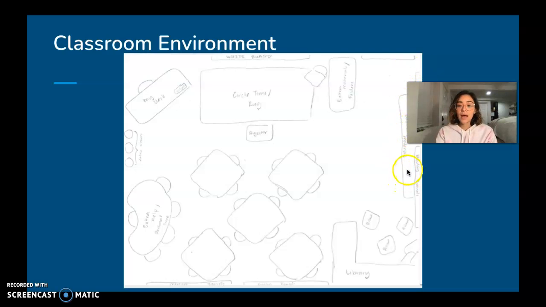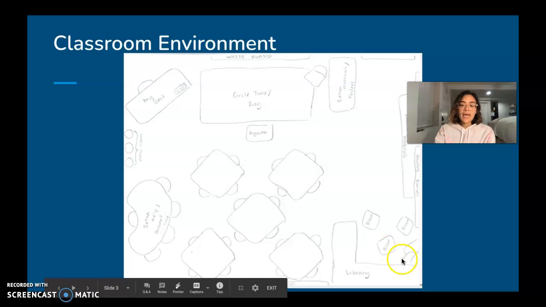Down here, I have cubbies with materials. If students need extra manipulatives in order to do an assignment, that's where I would have it. Or if I want to use manipulatives for a certain subject, that's where I would have it as well. I have a display board where I display students' work. Down here I have the library, and there are pillows for the students to sit on, and it is a little bit private, but these cupboards would be very low, so I could still see